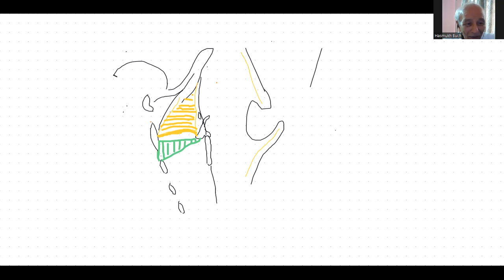So I write those terms here if you want, and we return to black color. Cricovocal membrane, or triangular membrane. So triangular is simple.